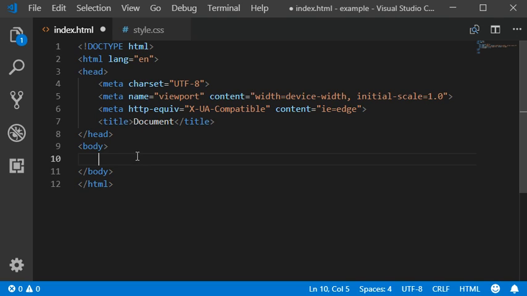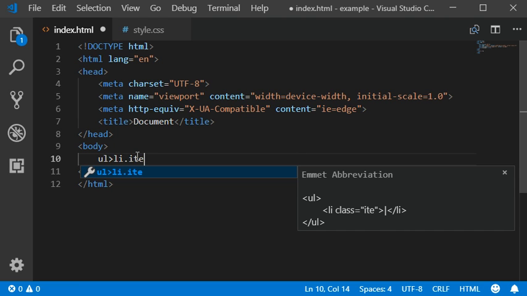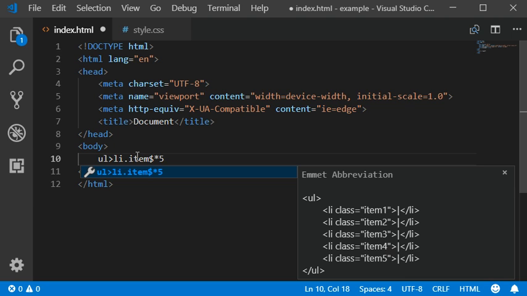Hope you guys are doing well. Today I'm going to show you that item numbering works in Emmet, like ul, li, and item, and then dollar sign, and then static, then 5. So you will see the results here: item 1, item 2, item 3, item 4, and item